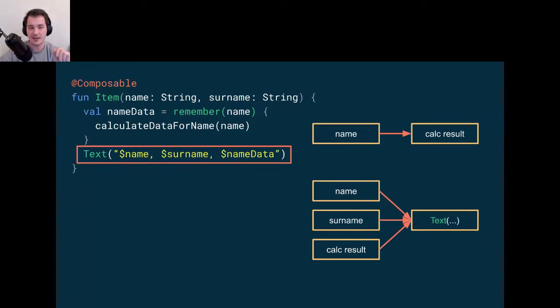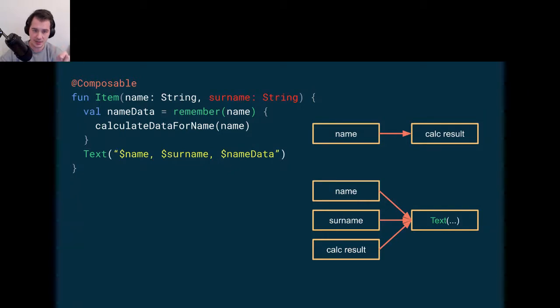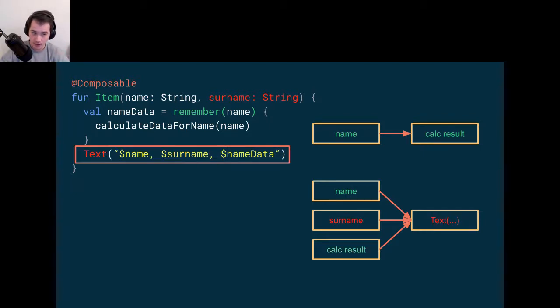What it gives us is, when, for example, surname changes, we're able to go to name, see that name doesn't change, and we don't need to perform this calculation of data from name again. Maybe it's complicated, maybe it's big, maybe it draws some UI, maybe it changes some UI. We can skip it, right? Because we know that the name is the same. Name is the same here as well, but the surname is dirty. So we need to, therefore, recalculate the whole text and go underneath and recalculate text. If surname is the same, we won't need to change text anymore because all the parameters are the same, meaning that the text is the same and the UI that represents this text is the same.